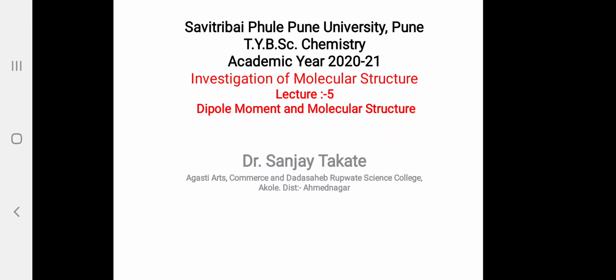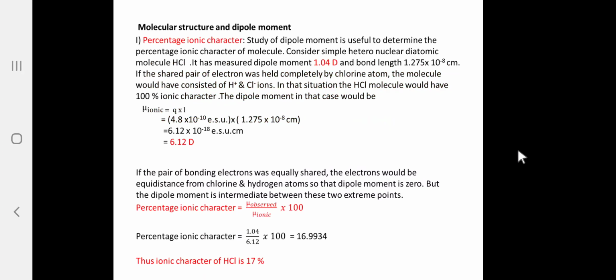Another important application of the dipole moment is in the determination of the cis or trans isomer due to the presence of a double bond. So here, friends, let us consider one by one. The first application, or use of the dipole moment, is the percentage ionic character. The study of the dipole moment is useful to determine the percentage ionic character of